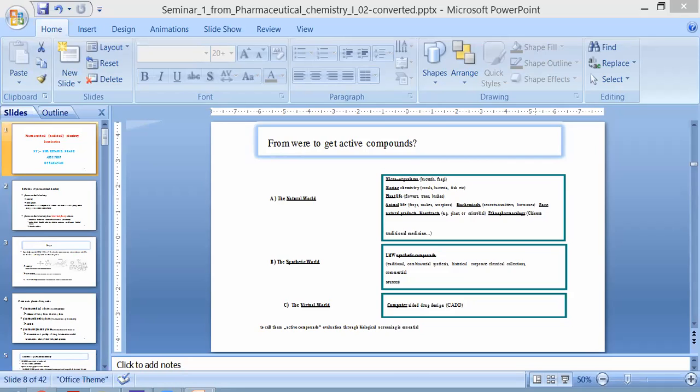And all of this, that is the optimization procedure, we are going to study in one category, that is structure activity relationship. Whether the structure of the drug molecule is going to give a better pharmacological activity, and what is the relation between the structure and the activity, this we are going to discuss in the broader terminology, that is structure activity relationship.